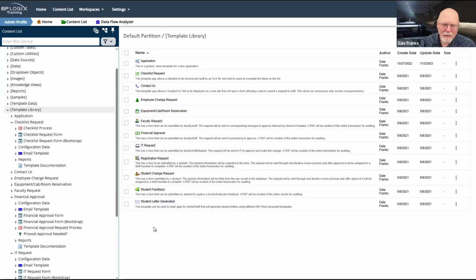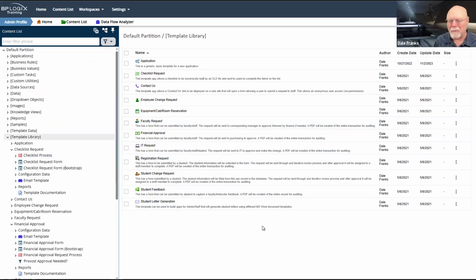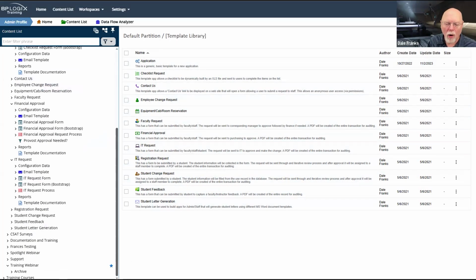If you're on a development system, it doesn't matter where you make the template because you're not going to do this on a production system. On a development system, it's perfectly okay to create your template inside the template library folder. If you're uncomfortable with that and you don't want to possibly mess up someone else who's working for whatever reason, you don't have to build it in here. But on a dev system, generally you can safely build inside the template library folder, or you could just go down here into a subfolder.